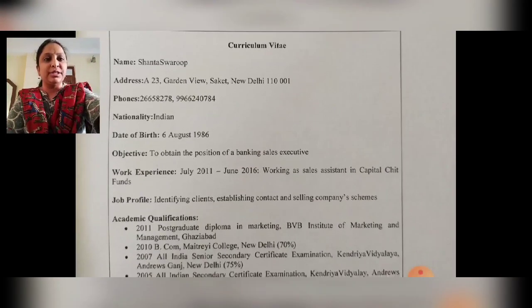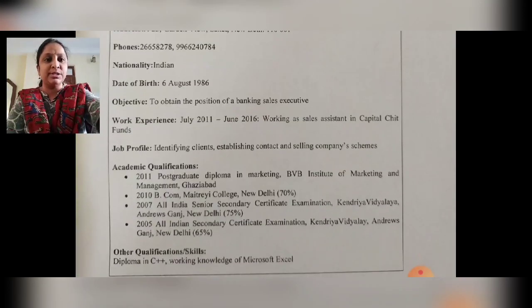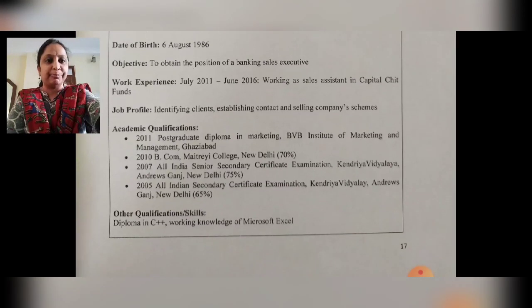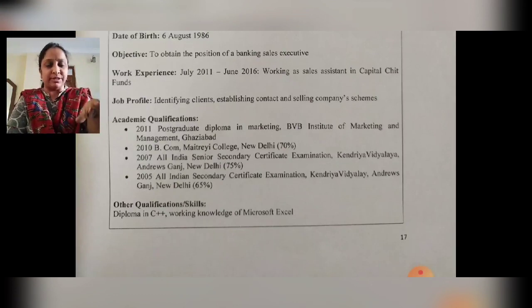So this is the format of the CV. Firstly, name: you have to write the side headings, name, address, phone number, nationality, date of birth, etc. Then objective. Follow the same format if it is asked in the exam to write your CV, because this is the model which is given in your text. Then work experience. If you have already worked in a company, then you can write that. Otherwise go directly to academic qualifications. The latest degree which you have done should come first, and then the other degrees. Suppose you're doing your BTech, it should come first, and then intermediate, and then SSC, etc.